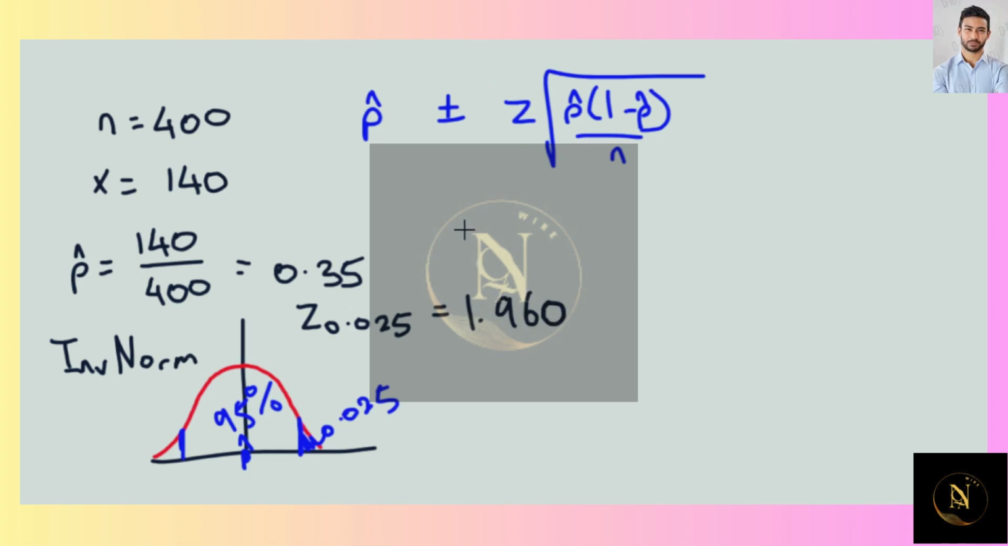Now let's use this formula. 0.35 plus or minus the error, so I've got 0.35 times 0.65 divided by 400, square root that, and multiply by 1.96. The error is